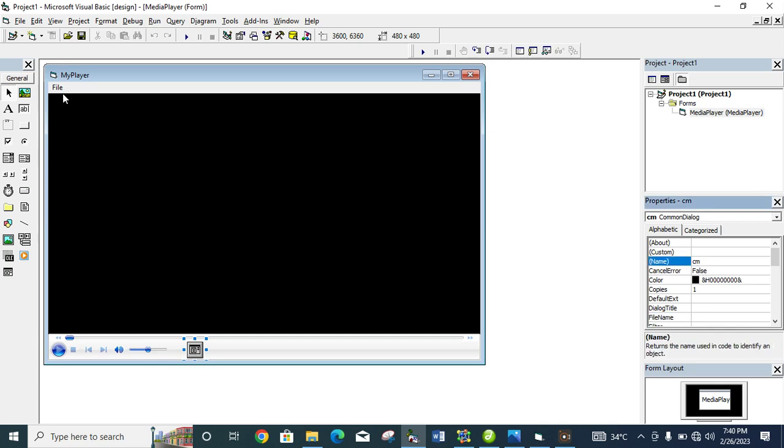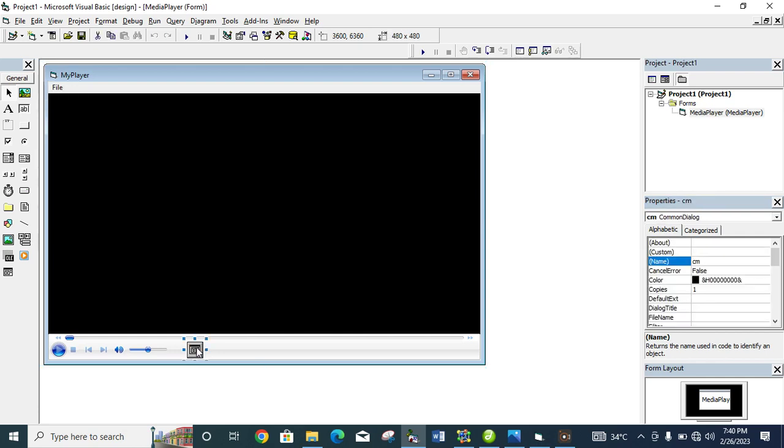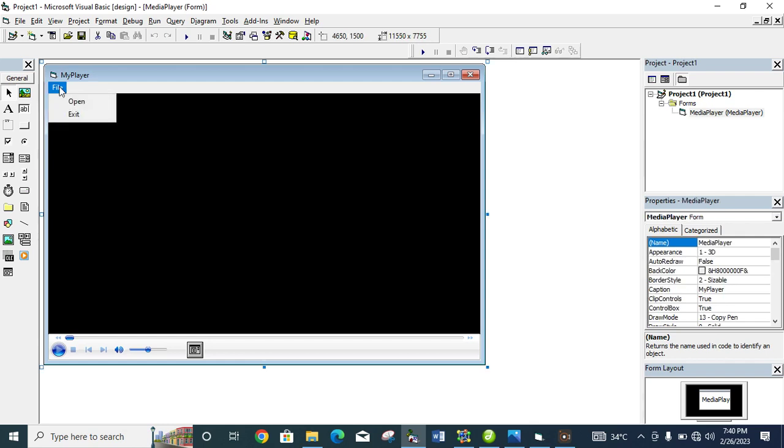Now, this object is actually the one responsible for browsing for files. It will open a dialog box, a common dialog box where you can select a file. This one is the one responsible for playing the movie that we have selected. So if I'm clicking on open now, at that event of clicking on this open, I want this one to open a dialog box for me where I